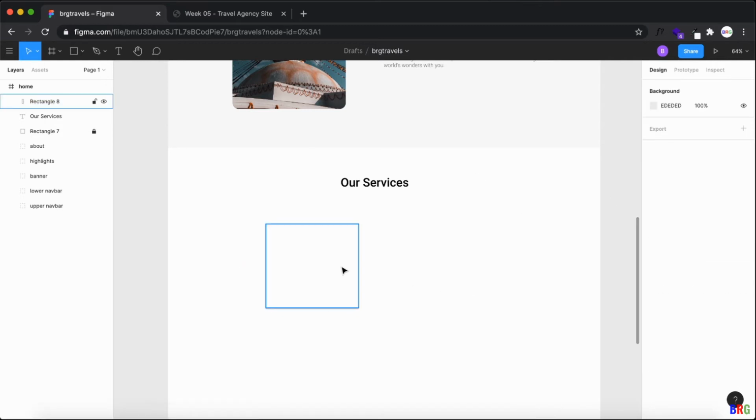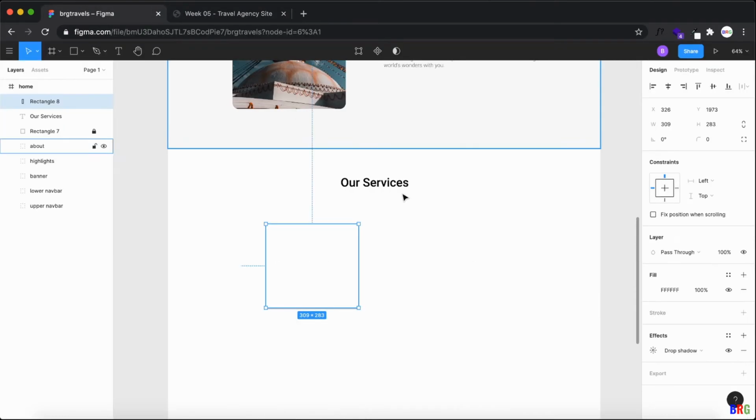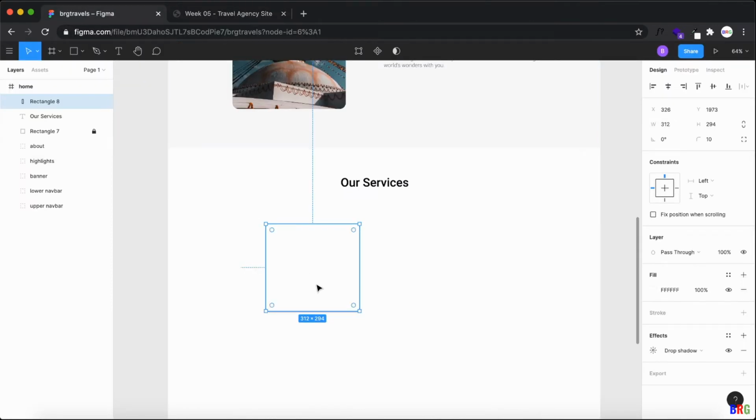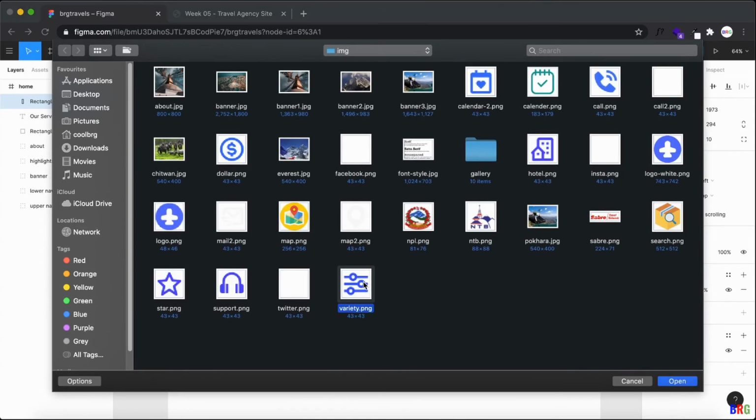This way. So here a little bit of 10 as border radius. Now I need to add image, wide variety of tools and text. So let me add image and wide variety of image.